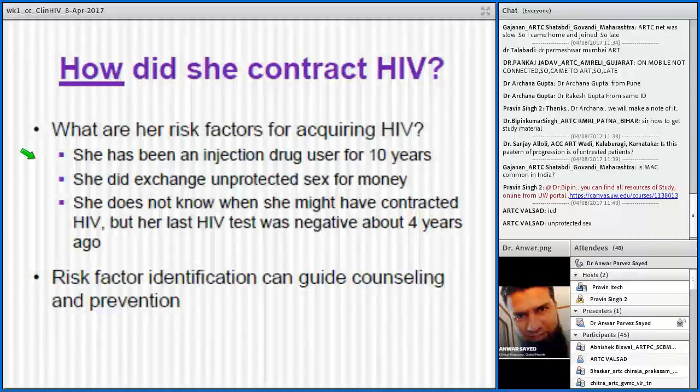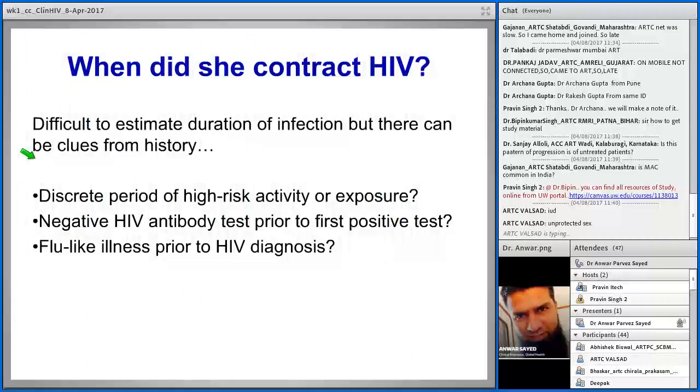This will generally give us an idea of what time a person might have acquired HIV infection. You can see when the last negative HIV report was, and then it is highly probable that seroconversion might have happened later. This will help us in counseling patients in a better way. Also, if a person gives a history of flu-like syndrome, which as I mentioned before happens in the initial HIV infection, like any other flu-like symptoms such as myalgia, fever, headache, body ache, and sore throat or rashes, that can happen.